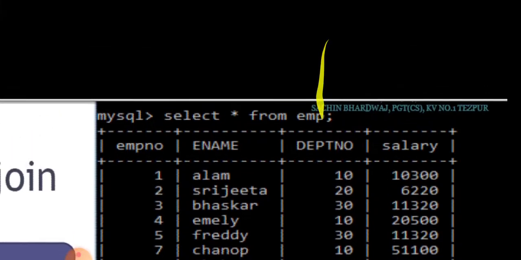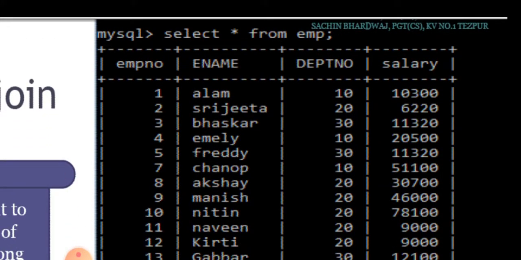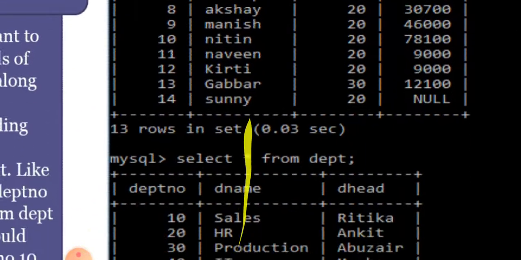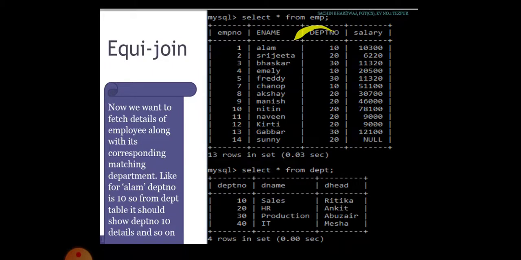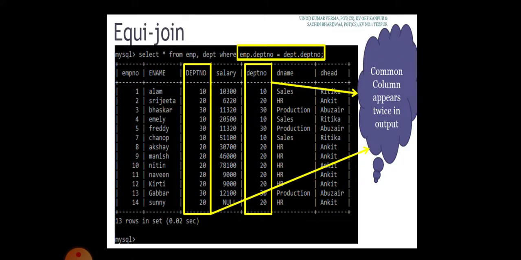Here, we used department number as a common column. In DEPT also we are having a common column called DEPT NO. So, DEPT NO is common for both the tables.